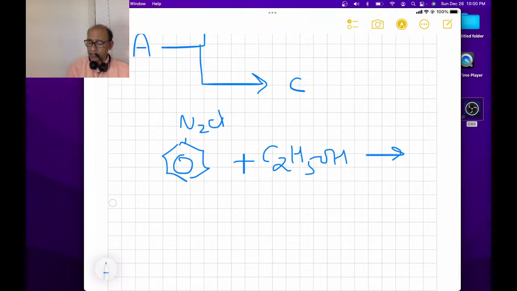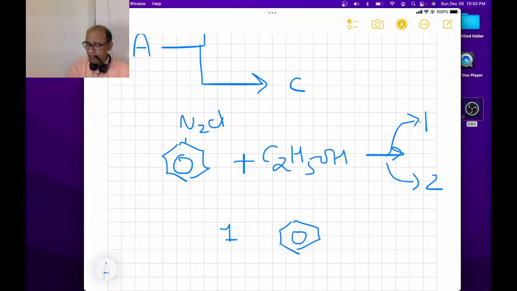There are two paths, path 1, path 2. In path 1, you get a product like benzene plus nitrogen gas plus HCl